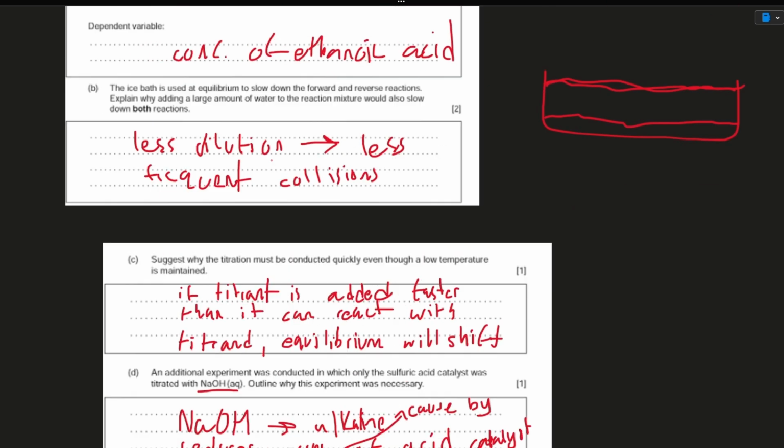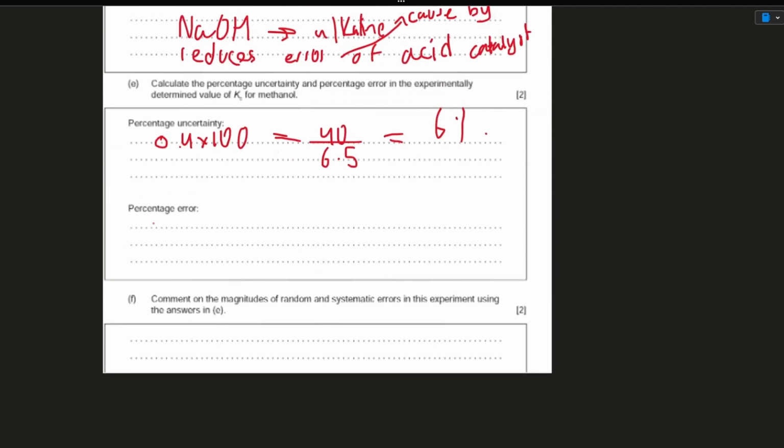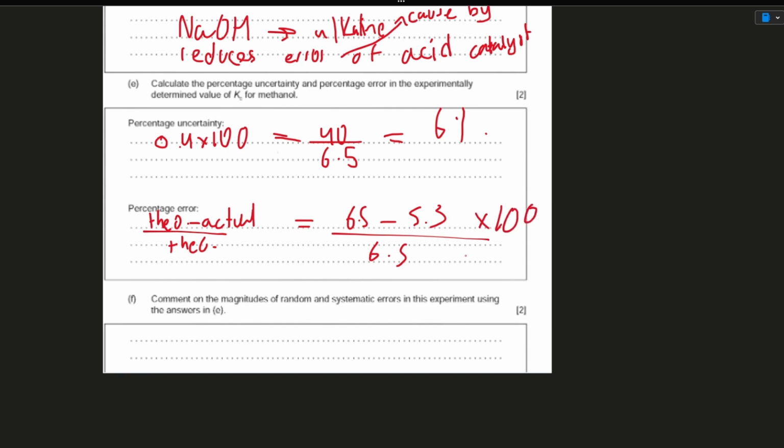And error is a little bit different. For error, you take the experimental value, subtract the actual value, and then divide it by the experimental again. I think the formula is theoretical minus actual divided by theoretical. I'm not going to write it all out. So it'd be 6.5 minus 5.3 divided by 6.5. If you put that in a calculator, times it by 100, because we're dealing with percentages, we would get